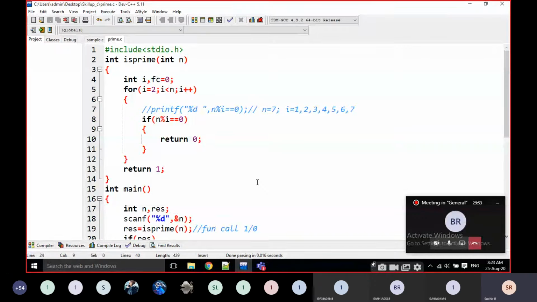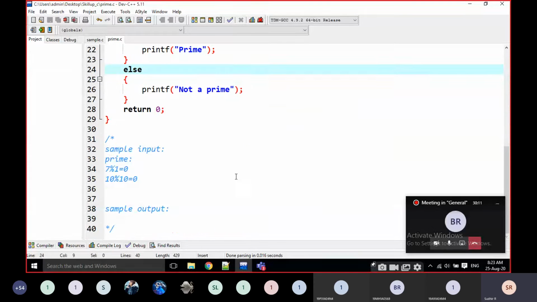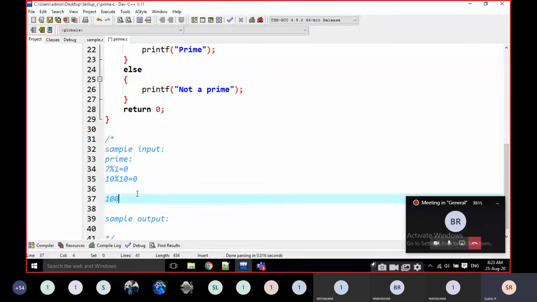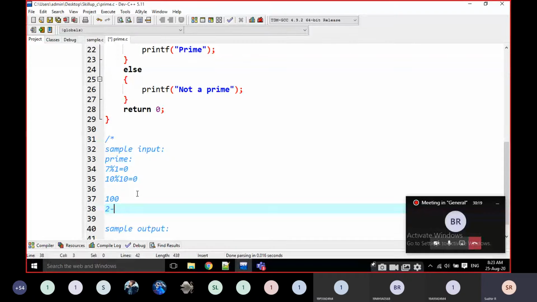Just give small changes. But here again we have to cut it down. How? For example, if the number is 100, how many times am I going to check? 2 to 99.